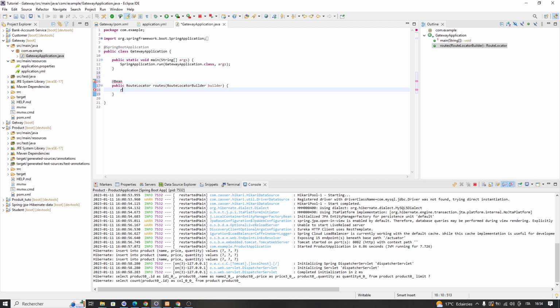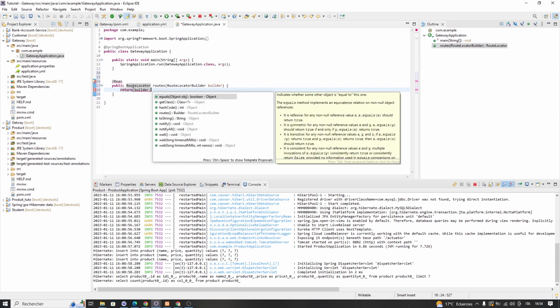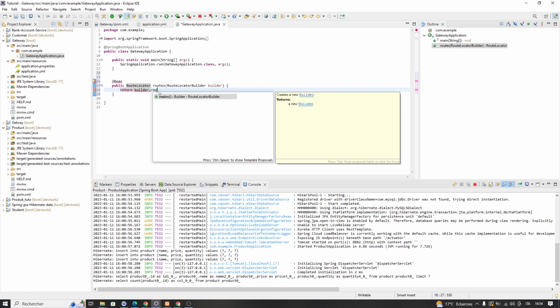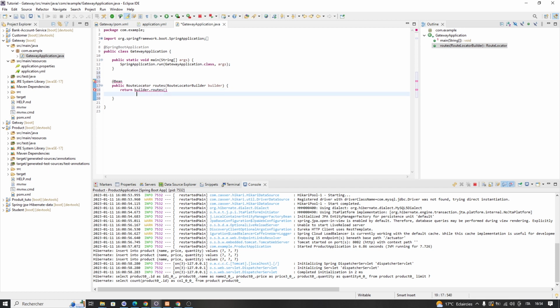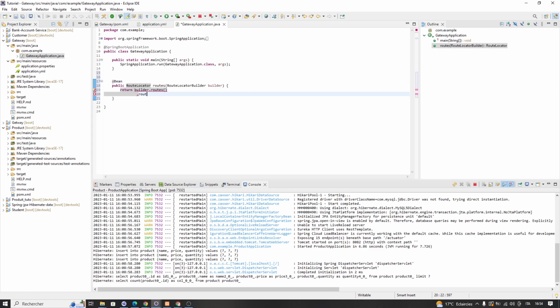So for this I need to do a return to this path, here we have the first route for the customers,